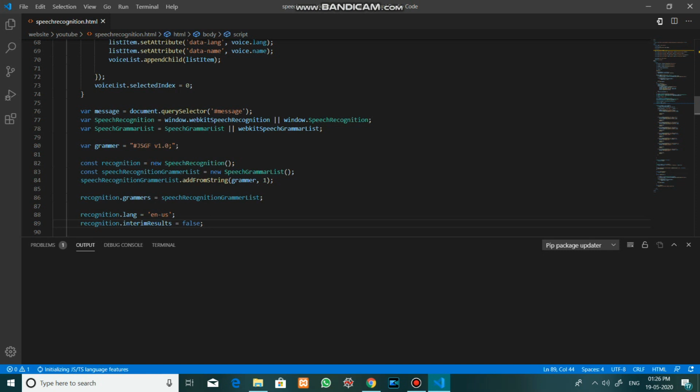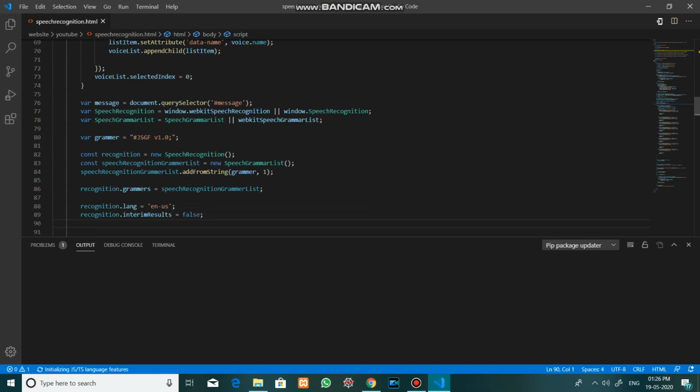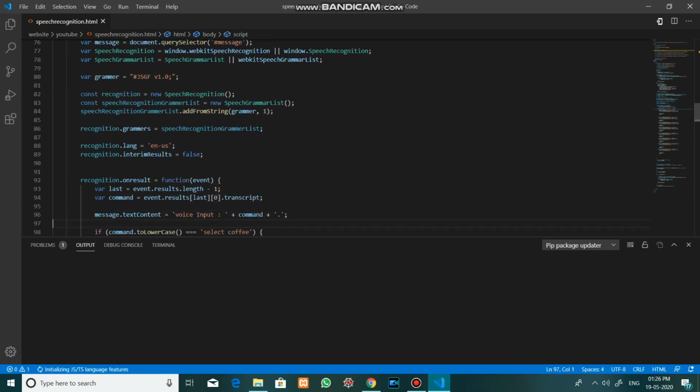The grammar is JSGF V1.0, and you create the recognition object by using the new keyword SpeechRecognition, and by creating one more variable SpeechRecognitionGrammarList as the object. Recognition grammars will hold all the grammars list, and the recognition language used here is US English.